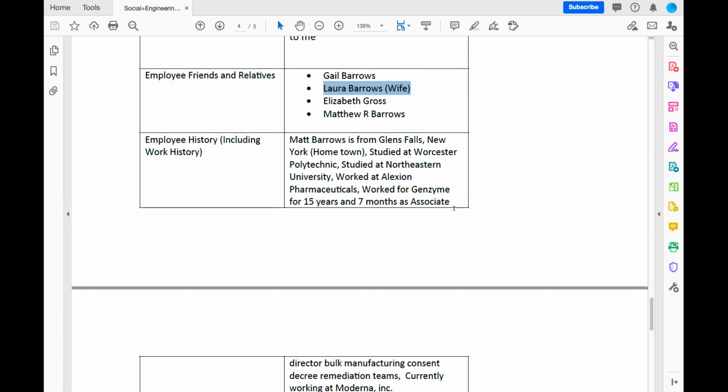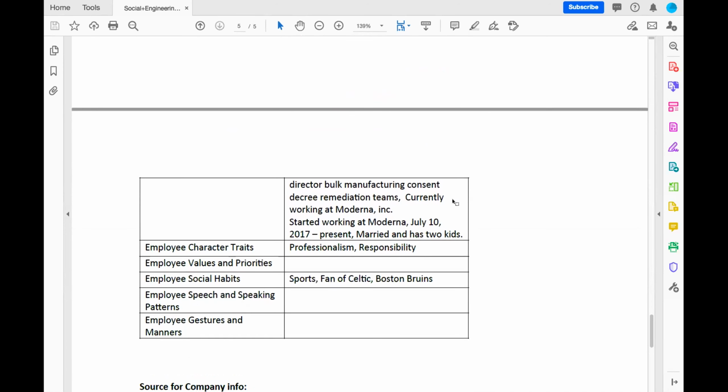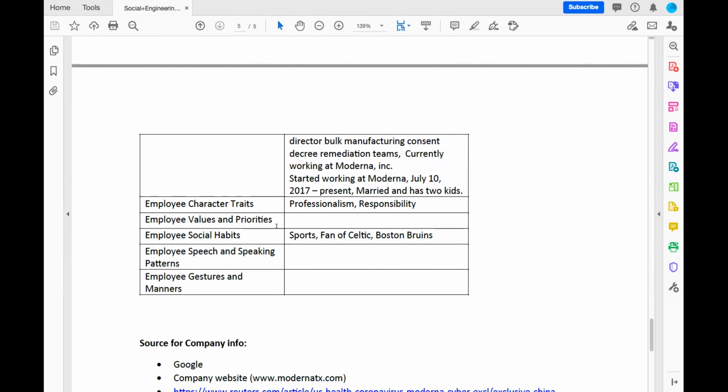Other than that, I was able to find everything. Social habits, his picture and family pictures, everything is on Facebook. He's a fan of Boston sports, like the Celtics.